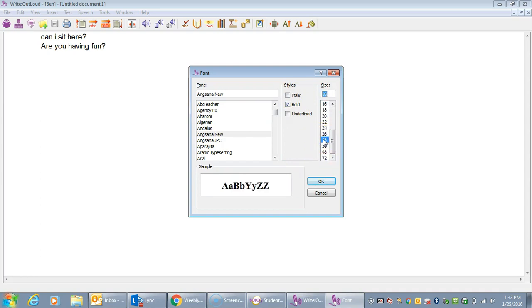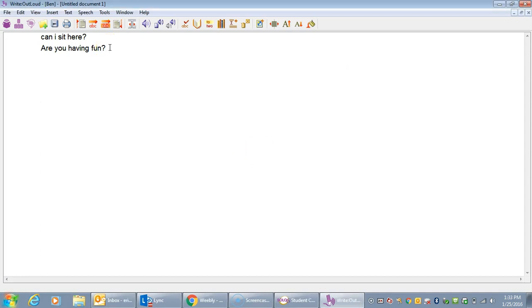Okay. I am going to tell you, when I was working with a couple students, the first thing I taught them to do was go ahead and open Solo in the Write Out Loud, and we went to font, and they changed it. I always made them change it to 18. There are some students that you can say you can change it to whatever font you want to, and it won't distract them, and they won't change it like 25 times throughout their paragraph. Some students, you just need to structure that and say, every time you open it, this is just another step. Let's look and see what 18 font looks